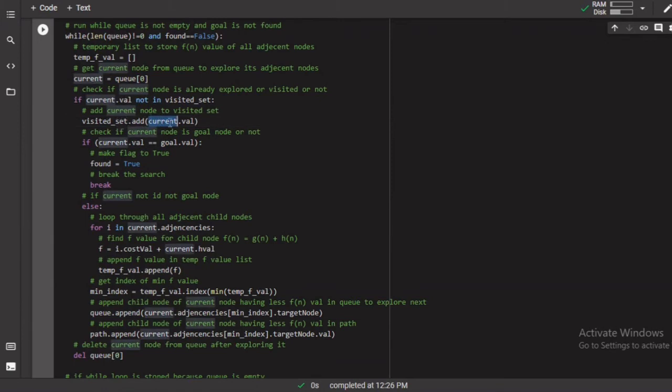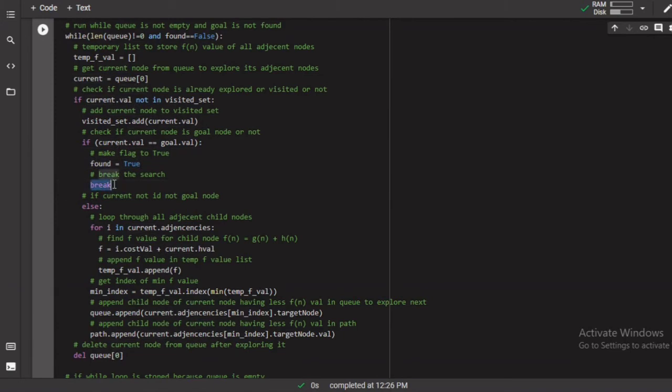And then check if the current node is the goal node or not. For that we are checking if the current node's value, that is the name of the current node city, is equal to the name of the goal node city or not. And if it is the same, then we break the loop and we say that we found the location.